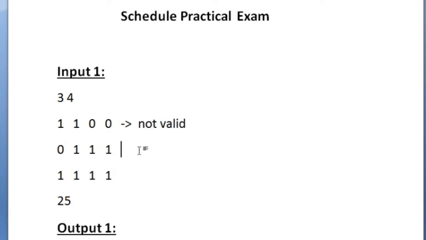And in the next laboratory there are 3 working machines and 1 faulty machine. So this is a valid laboratory because the number of working is greater than the number of faulty machines. Same here, there are only 4 machines and all the 4 are working. So this is a valid laboratory. And now we should not consider the first laboratory at all. There are only 2 laboratories in which the practical examination can be held.